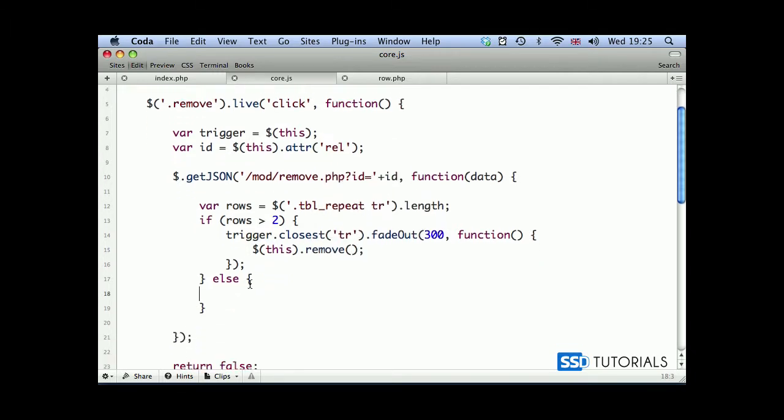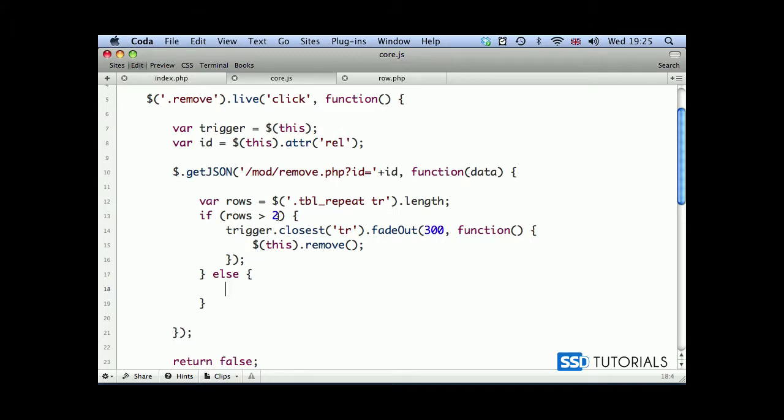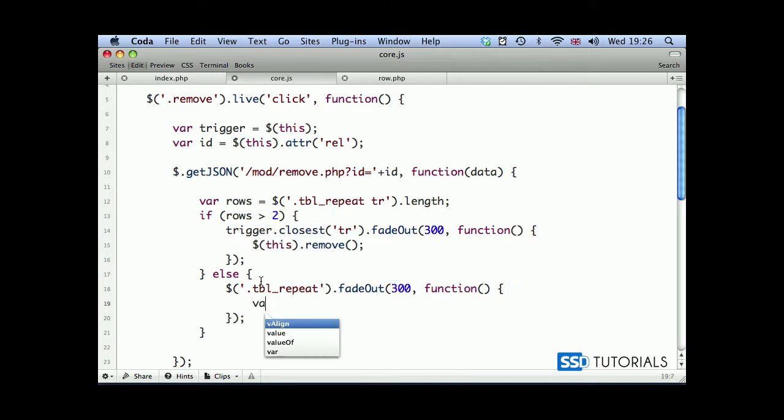Now, if there's only 1 record, which means there's actually only 2 table rows in a table, then we're going to use table repeat fade out, which means we're fading out the entire table, 300, and then we have callback function. Once this has been done, the callback function will create first, we first created a variable called msg for message, and the message will say there are currently no records available,